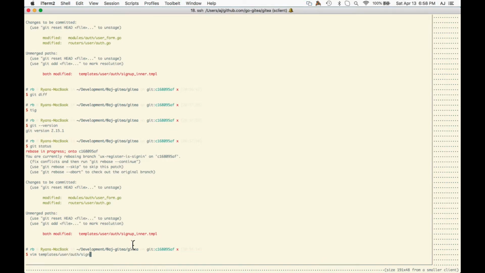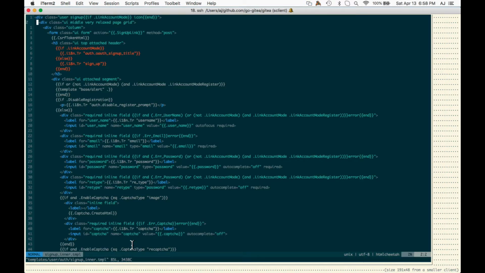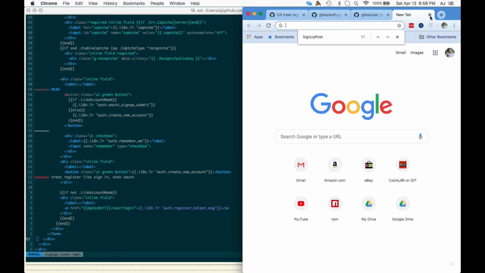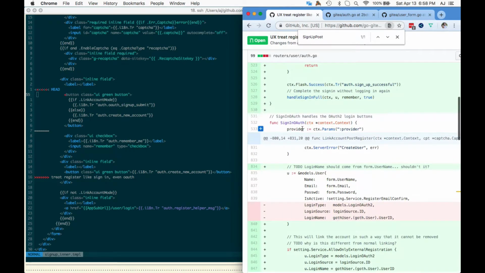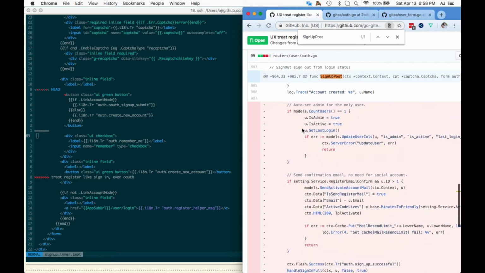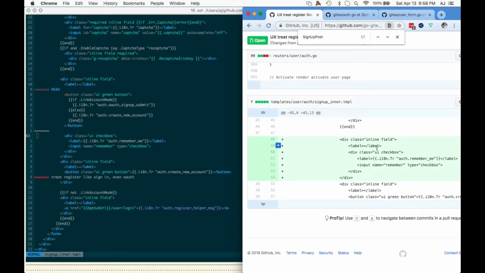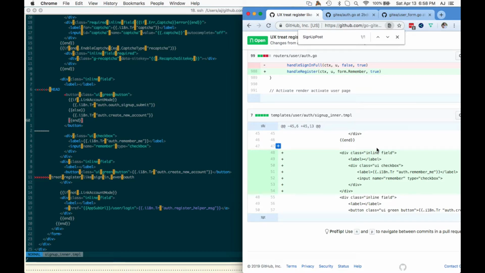Anyway, yeah, so now we're into the user form. Here. Is this what we're in? Yeah, it is. Okay. Here. So here's what the head had. So a button. And I think the only thing here is white space. Let me get down to looking at it. Well, it's totally different. Green button. Yeah, check that. Let me check on that. Oh, this might make sense though. So this is sign up inner.